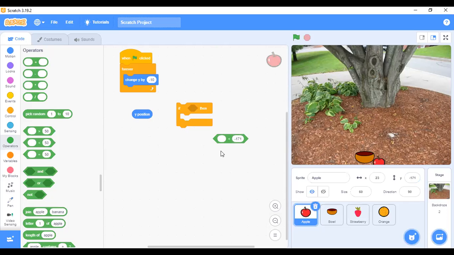What will you put here? Are you going to put a value? No, you don't need to put a value. What you need to put here is Y position. Add this to this. That is, if Y position is less than minus 171, what should happen? Let me put this here. What this represents is if Y position, the vertical axis, is less than minus 171, what should happen? If I bring it here and I press this, nothing is happening because the code is not yet complete. So if it is less than minus 171, what should happen to the code?